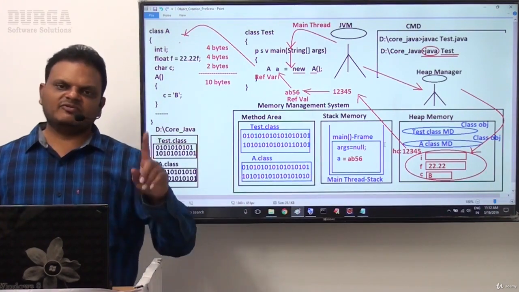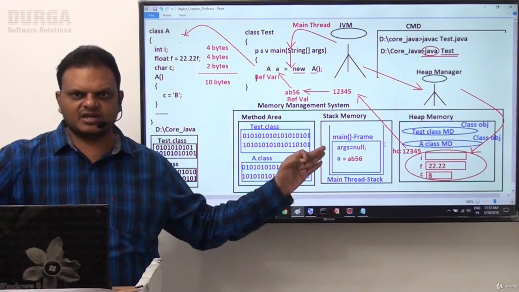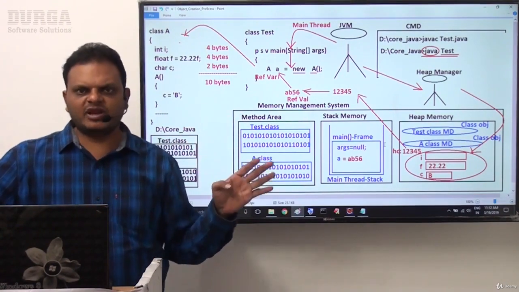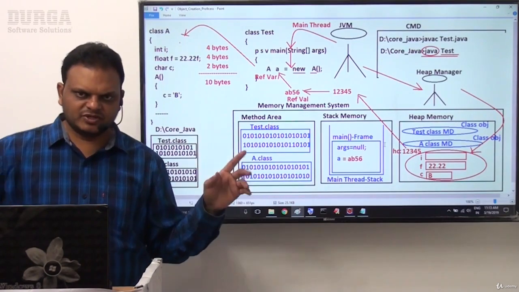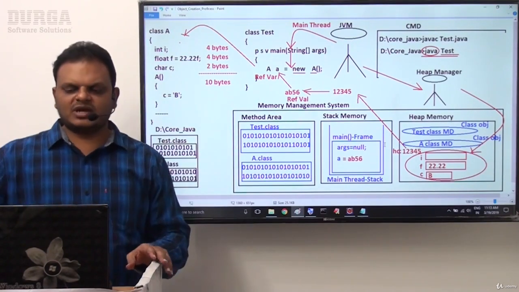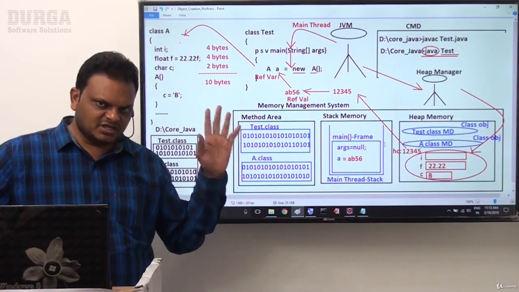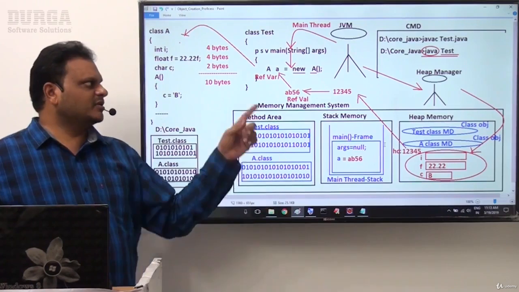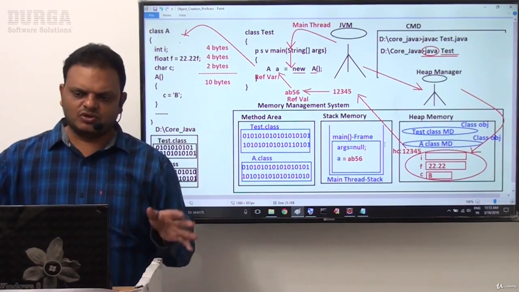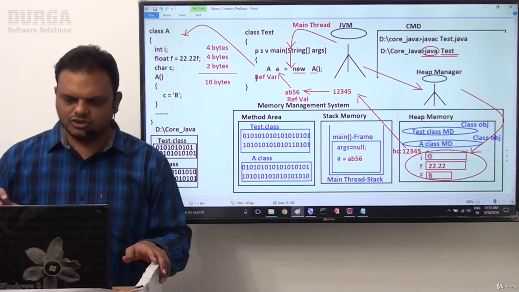That's fine. So still one variable is not initialized. If any variable is not initialized at class level declaration and inside the constructor, then immediately the JVM will store a default value for the respective variable, on the basis of the data type. Now the I variable is not initialized explicitly, so the JVM will store the default value for this I variable on the basis of its data type. The I variable data type is int. So what is the int default value? 0. So immediately the 0 value will be stored inside this particular object. Now 0 is stored here.